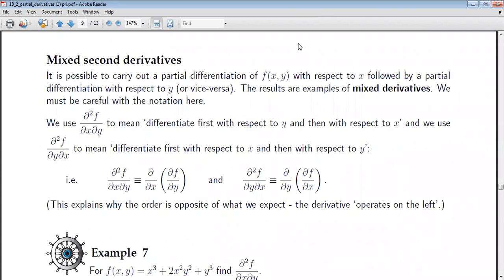Okay. So what do these lines mean? Suppose for a given function f of x y, we will find del f del x, and at the same time we can find the partial derivative with respect to y and vice versa. Okay. See, we use this symbol del square f del x del y. The concept of mixed derivative will mainly be in the concept of second derivative, second order